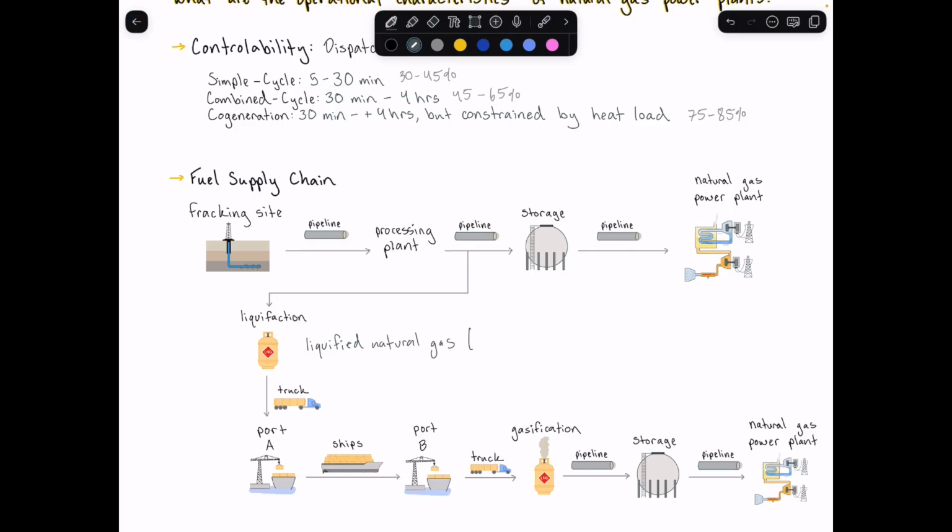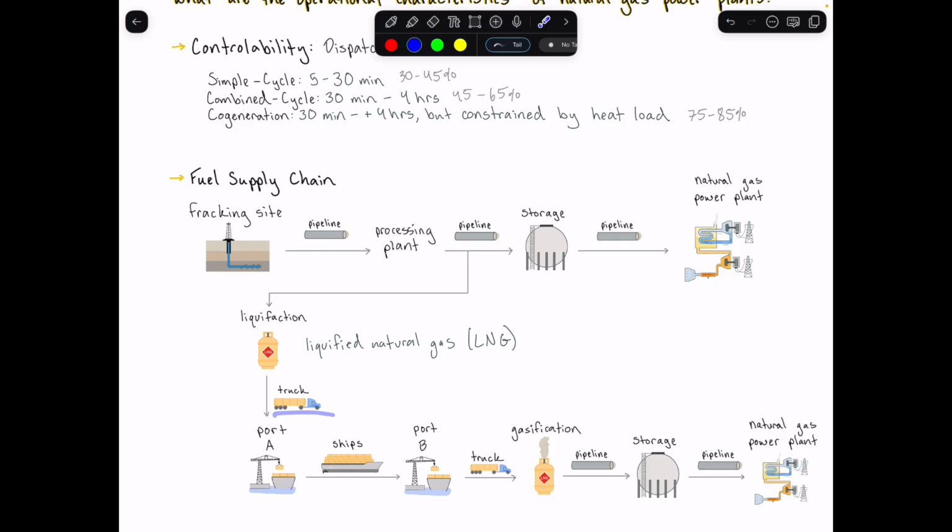And you'll sometimes see LNG. Those acronyms mean liquefied natural gas. So it is condensed down into a liquid form, which reduces its volume by a factor of about 600. So it's much more economical to transport natural gas in LNG tanks than in its gaseous form. So once it has gone through the liquefaction process,